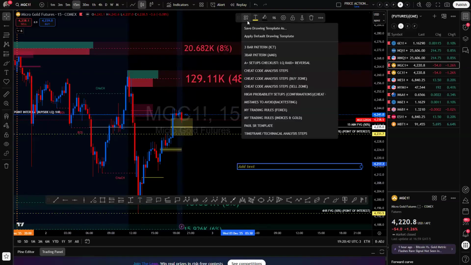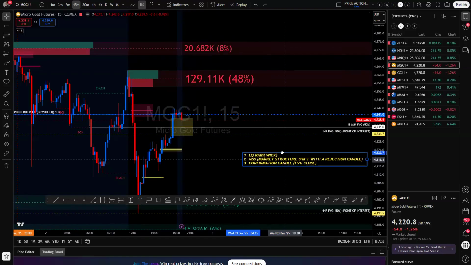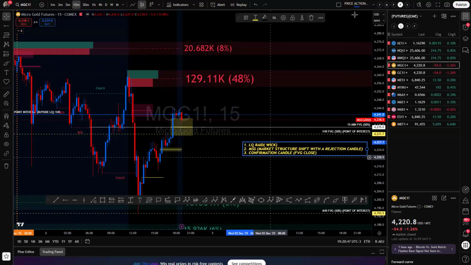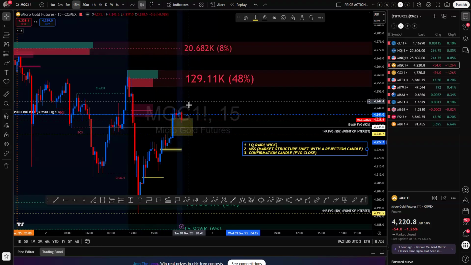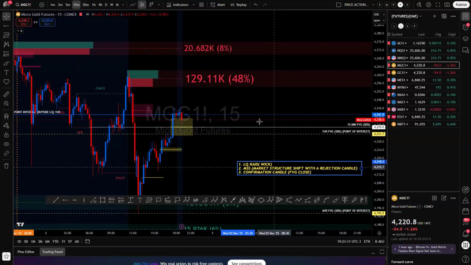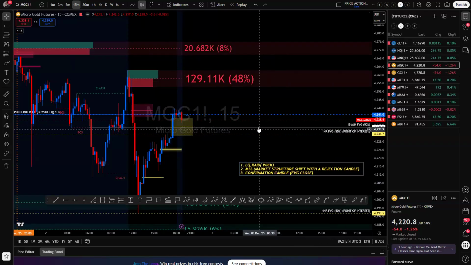So what we're going to do is we're going to put this here. And within this sequence, we're looking for manipulation of the bears and the distribution of the bulls. The price hasn't manipulated this yet. This is equal lows here. So they're going to want to raid this here, maybe go up to here before they decide to go back down. Since the price doesn't go up there. So I'm going to set this.